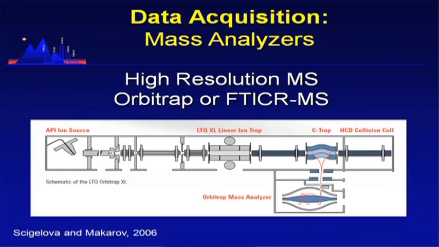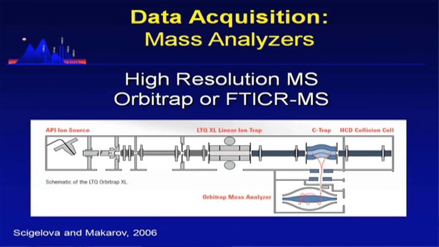And orbit traps are very similar to ion traps. This is a relatively new type of technology. This was only released or developed about maybe 4 years ago. So these are relatively new. But basically, it's a type of ion trap in which the molecules are injected into what's called an orbit trap,